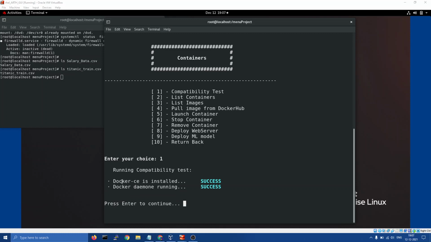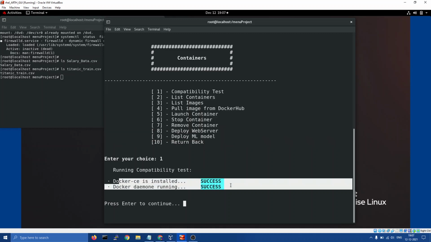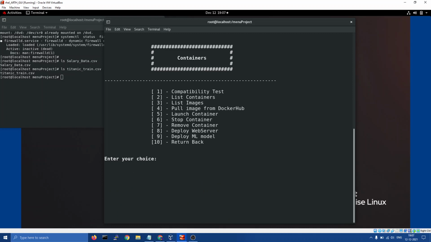As you can see, Docker CE means I have used Docker Engine, so it should be installed. The Docker daemon, Docker service should be running if you want to use all these options. So this was the compatibility test and it successfully passed.